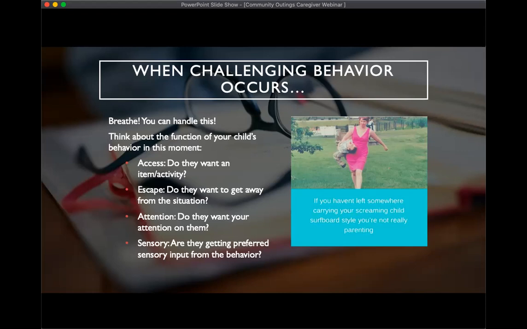And I will say, if it is a sensory component, it can be really difficult to control, because obviously they're getting that reinforcement from within and it doesn't have to do with you or anything else in the environment. So those can be a little trickier. We have to get a little more creative with how to break that cycle and work on that, but it can still be done and it can still be worked on as well.